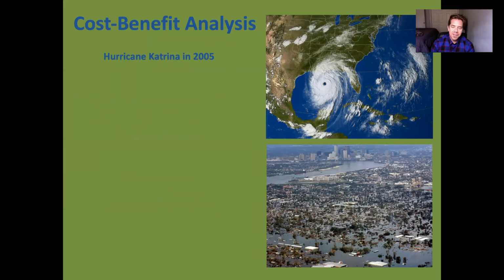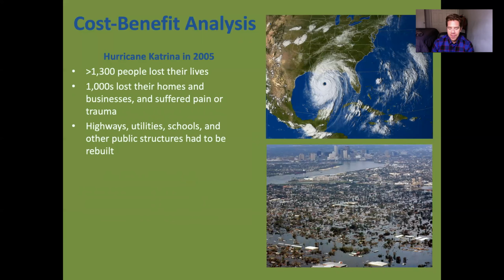So just as an example, again, thinking in the real world, and we're going to think about this as it applies to COVID in the next couple of weeks. But if we go back to 2005, you had Hurricane Katrina, right? In New York, in 2012, you have Hurricane Sandy. These are extreme weather events that have significant impacts to society, the economy, and